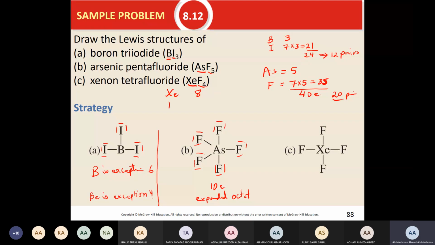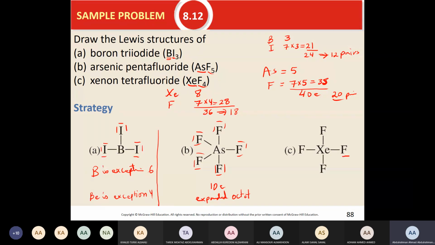Very good. How many about fluorine? 7. Times 4 is 28. Plus 8, 36. How many pairs is this? 18 pairs. How many pairs did we use so far? 4 pairs. All right. I used 14, 4 plus 18. I'm left with 14. So